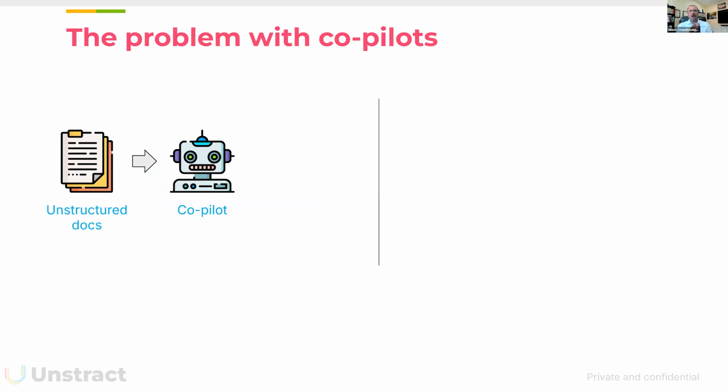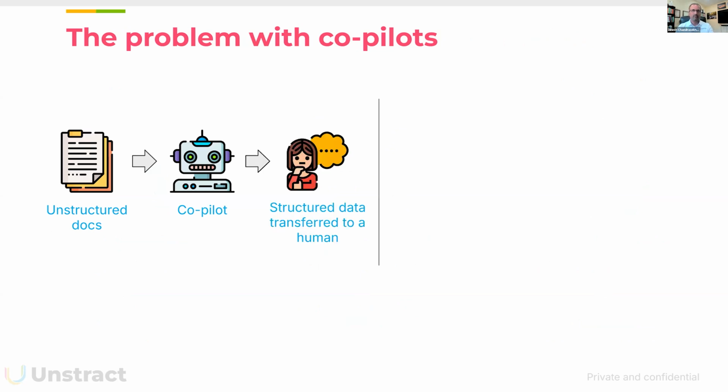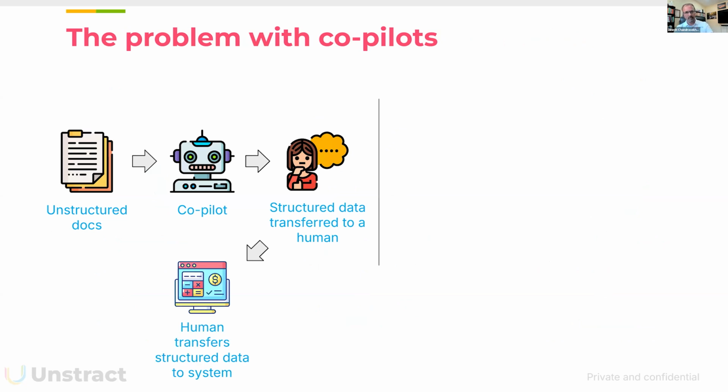You can say, well, how about co-pilots, right? We've all worked with GPTs and things like that. So I'm like, okay, if I built a co-pilot to extract unstructured documents, with the same kind of prompting, right? What is the due balance on this particular credit card statement or something like that? You ask the co-pilot, it can probably get you an answer, right? But then it also leads to a person actually taking the data, putting that into the system, transferring it, and kicking off the workflow and all that.